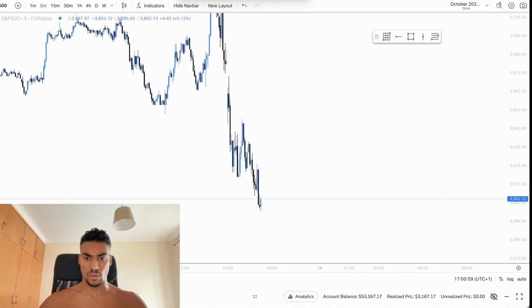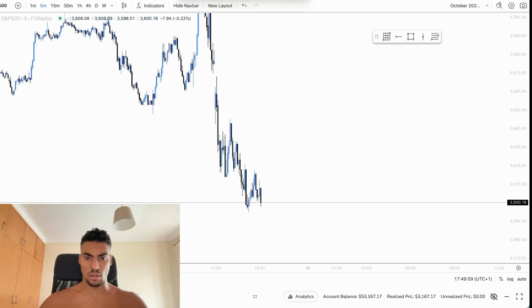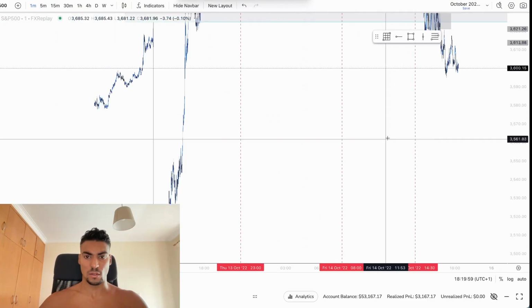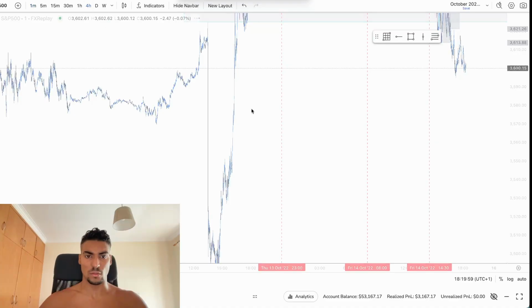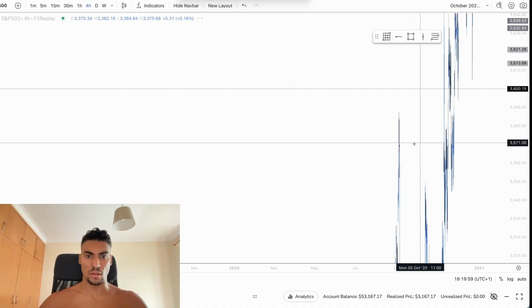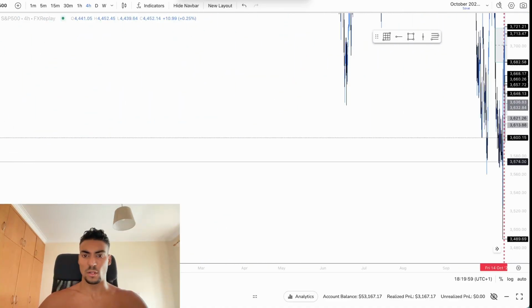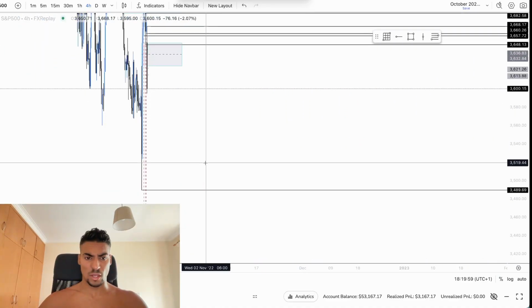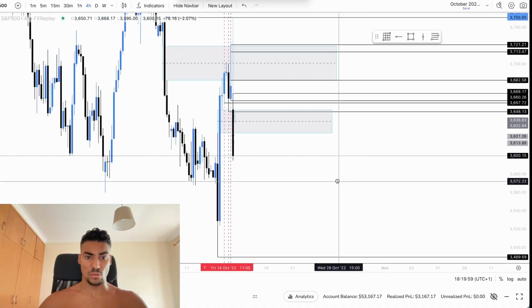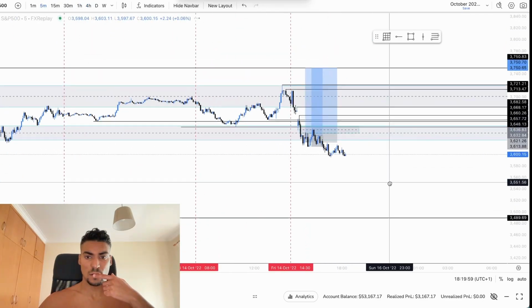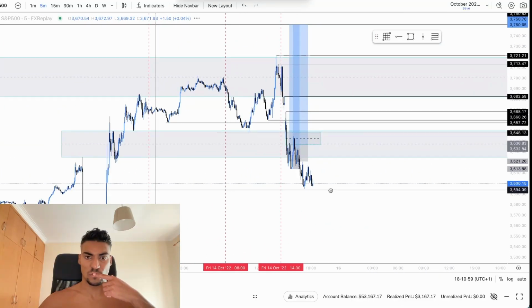Let's check if there's enough. There's something. No, there's not much. Let's just put the draws back in. What draws on liquidity do we have to the downside? Did we add anything? I forgot to mark them out. When looking at draws on liquidity, no, we didn't have these. Well, I don't get it then. I guess price was filling more of this.